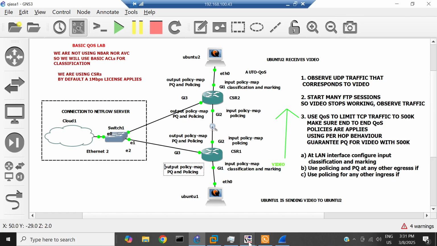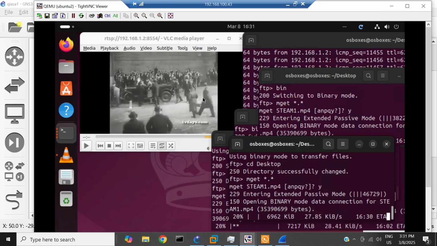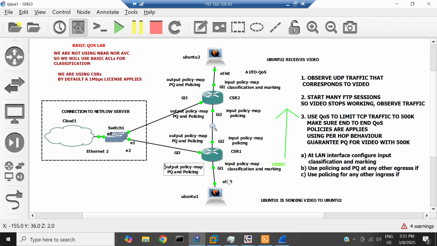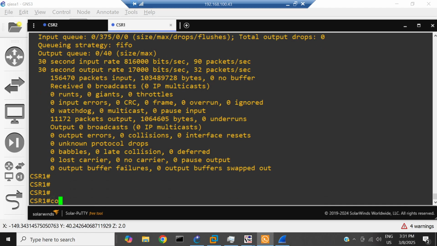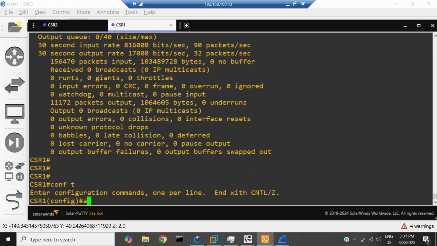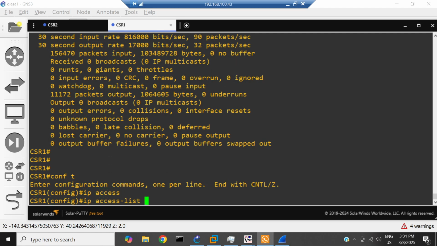So in summary, we have this impact here, and we are going to solve that with quality of service. So let's go to CSR1 and let's do this policy map that is going to do classification and marking. So first of all, we will need our access control list. So we are going to create an access control list for UDP traffic